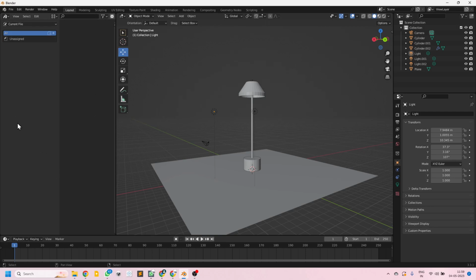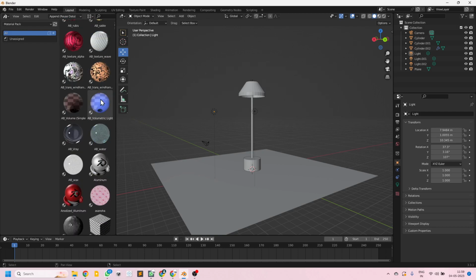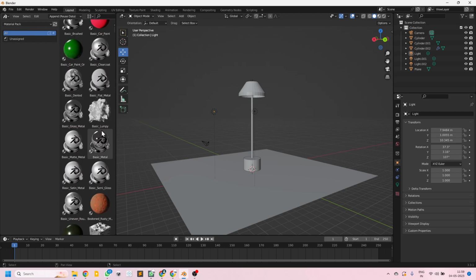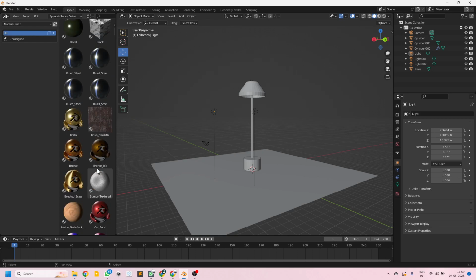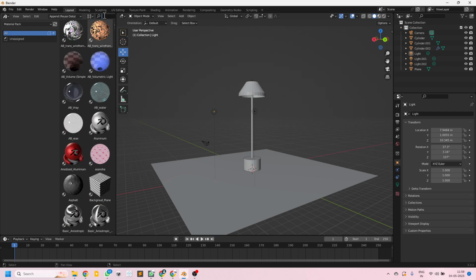Right now we don't have anything in this, but if you click on this, I have a material pack which I have installed earlier. So first let me show you how it looks, and then later on I'll tell you how to add it to your Blender. I'm going to click on material pack, and it gives me access to a range of predefined materials which I did not create. I simply copied it all from the link I have shared with you. Okay,